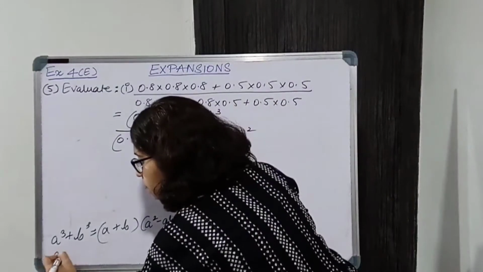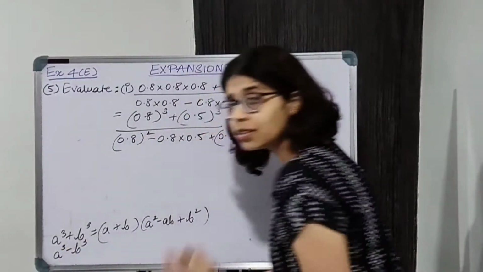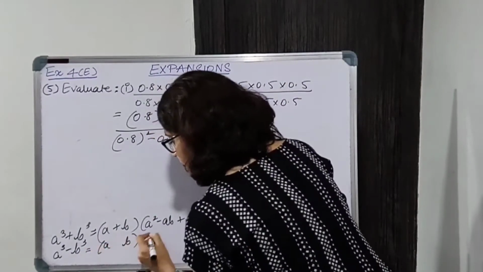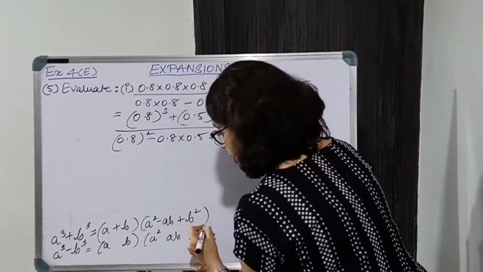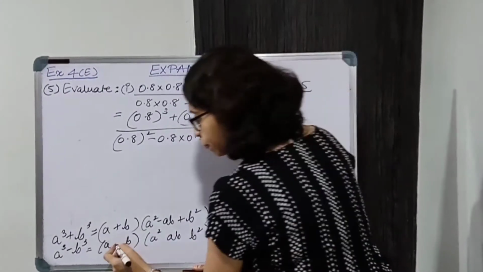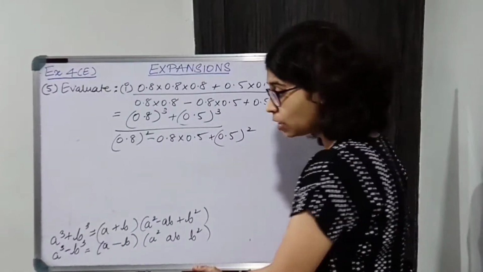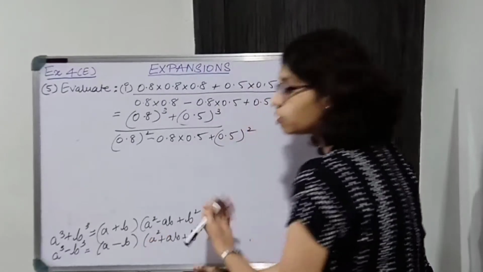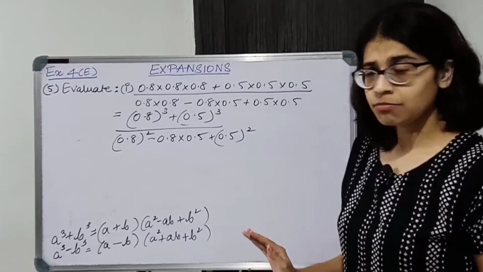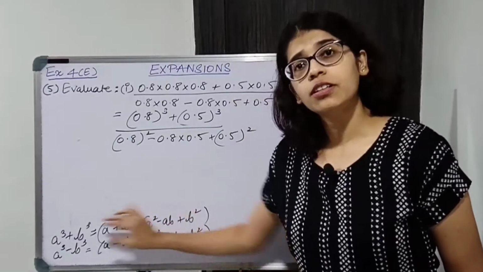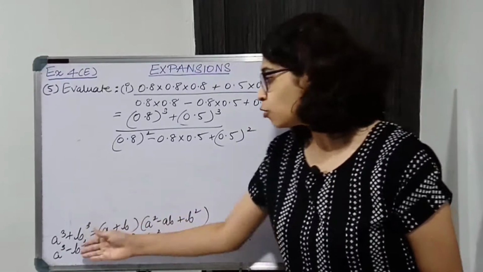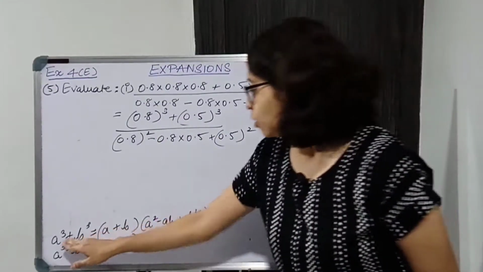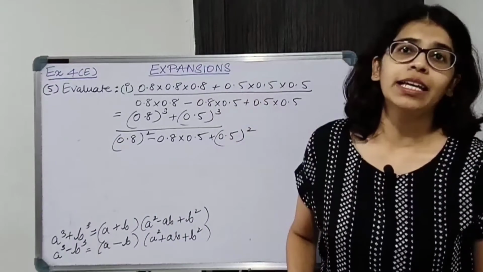Now coming to A cube minus B cube, the terms are same, students, only the signs will change. So A, B, A square, A, B, B square. I've told you first bracket will be negative, A minus B hoga, A cube minus B cube hai toh A minus B, and second bracket all the terms are positive. Alright, so if you know the formula for A cube plus B cube or even A cube minus B cube, you can derive the other one. It's easy. Okay, for A cube plus B cube, just keep in mind middle term mein negative sign hai.